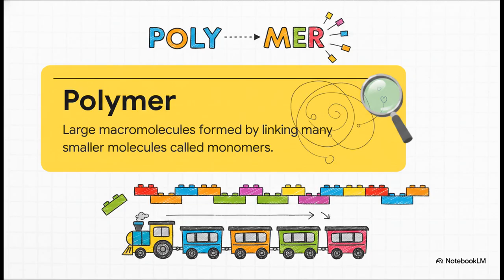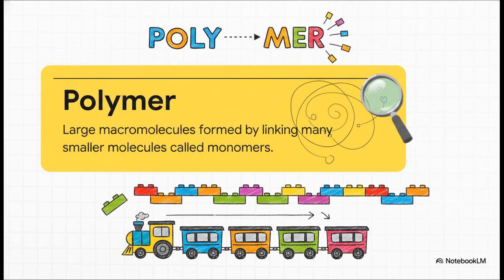So, what exactly is a polymer? Doing a quick refresher on these materials is absolutely crucial because understanding them is the literal foundation of modern engineering. The word itself actually gives us the biggest clue. In Greek, poly means many, and mer means units. So a polymer is just a massive molecule, a macromolecule, made by linking together a huge number of smaller, repeating